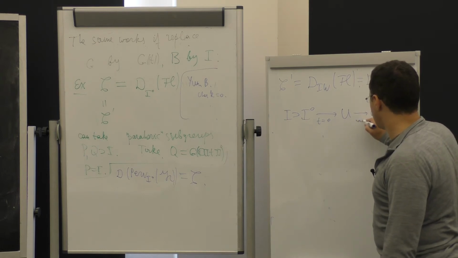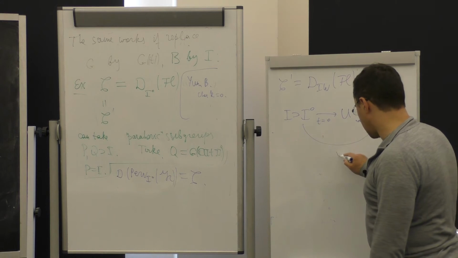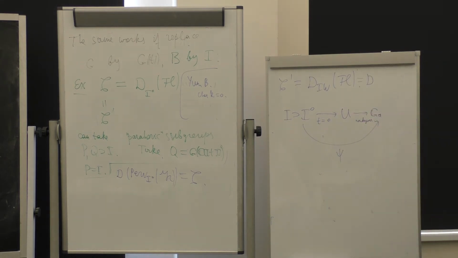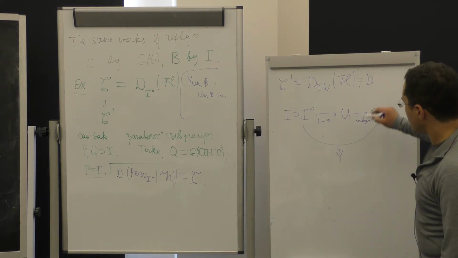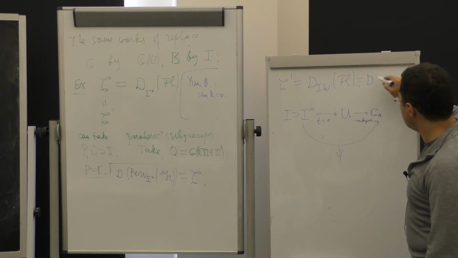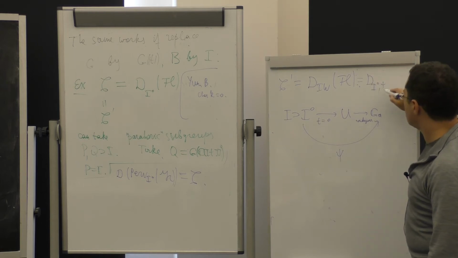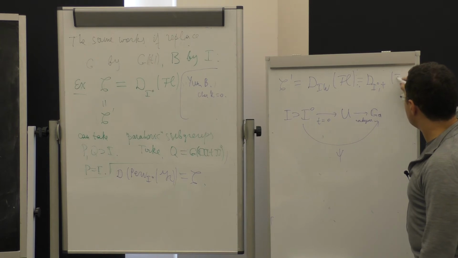Non-degenerate. And so let's denote now by psi this composed map, and so what I have here is I not psi category on the affine flags,